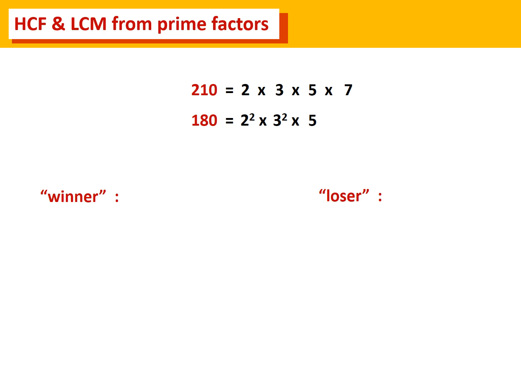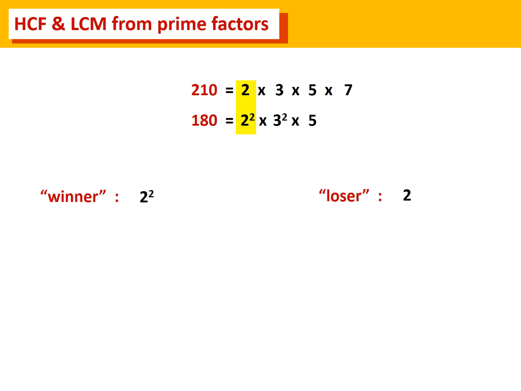We play a little game of what we call winners and losers. So we compare in each number the corresponding prime factor. What do I mean by that? Well, in 210 and 180, a 2 appears as part of the prime factorisation. For 210, it's a single 2. For 180, it's 2 squared. Now, when we compare those two, which of them wins, as in which is the biggest, 2 squared or 2? That should be fairly obvious to us, I hope, that 2 squared is the winner and 2 is the loser